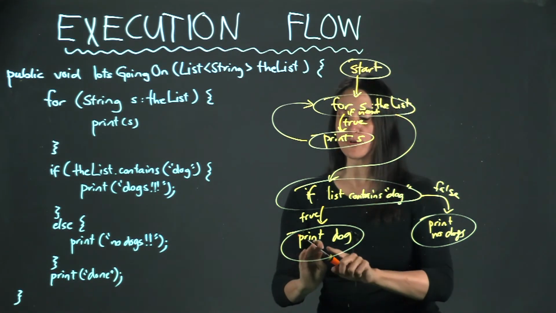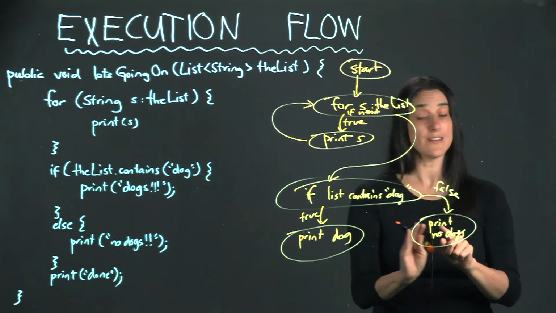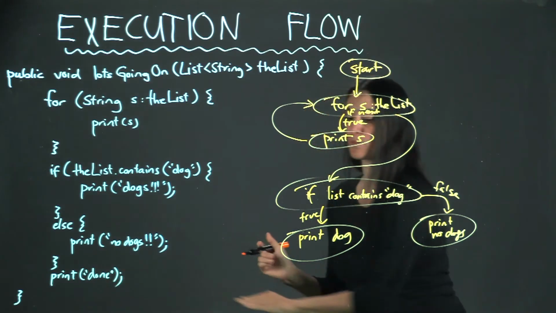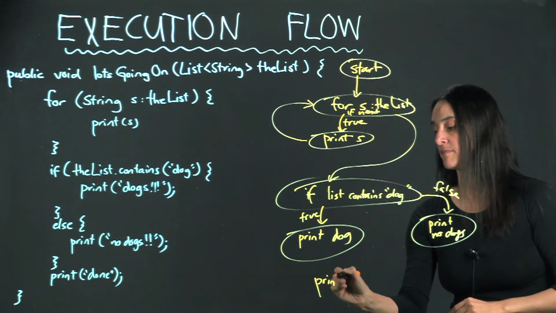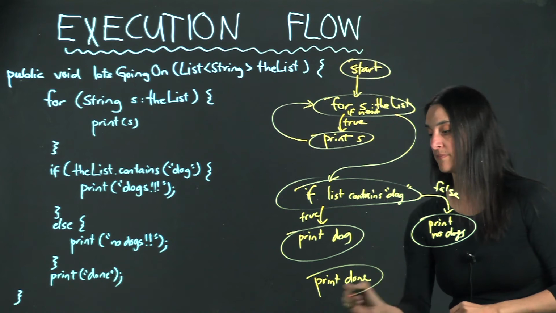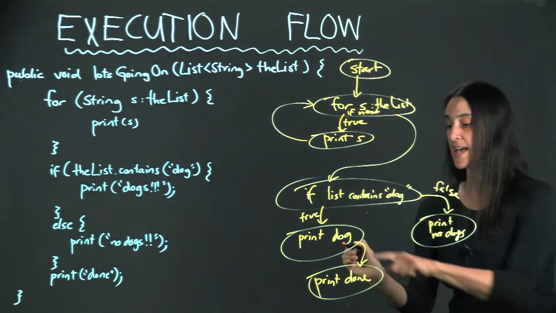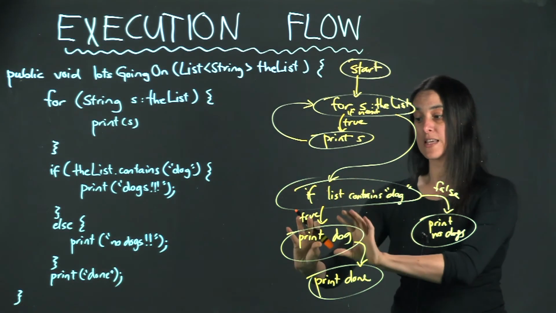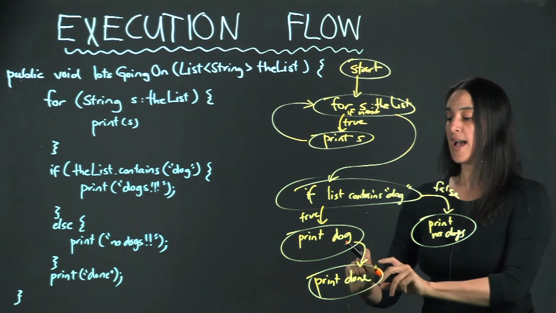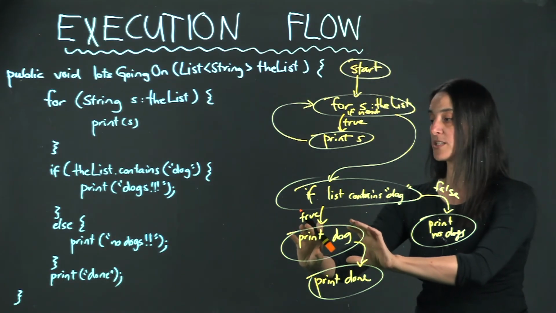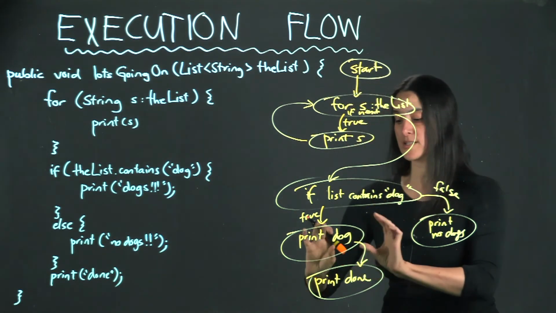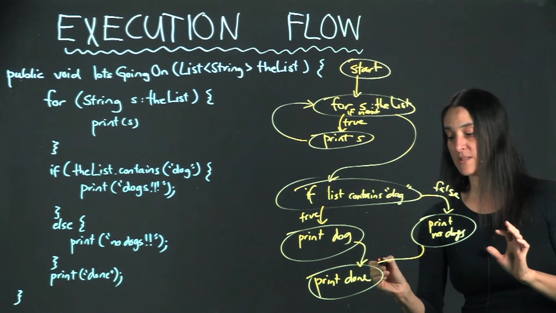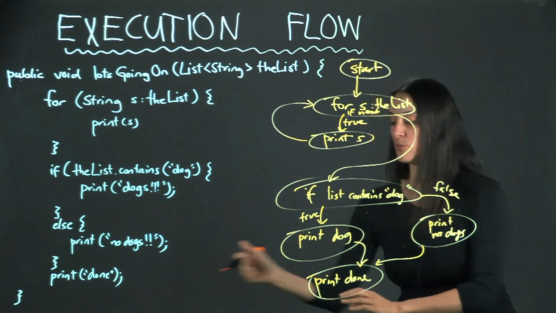And remember, the print dog doesn't feed into the else statement. It doesn't go from here to here. It's going to skip over the else statement and go straight to print done. So this if statement is going to end and keep going. It doesn't loop because it's not a loop. It's just a conditional statement that will continue executing. So once print dog has been printed inside of this block, we go right down to print done. And otherwise, we print no dogs, and then we come down to print done. And then from print done, we go to the end